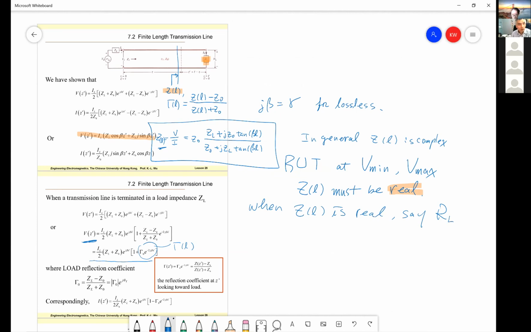This ZL is just the load, the load at z equal to L, z prime equal to L. z prime means measured from the load. So we have an advantage we can take, because it's easy to find this R value